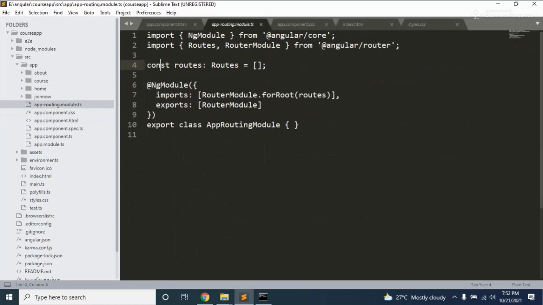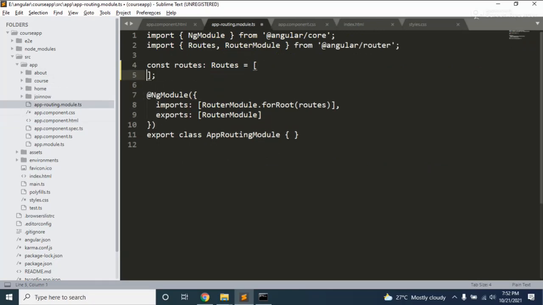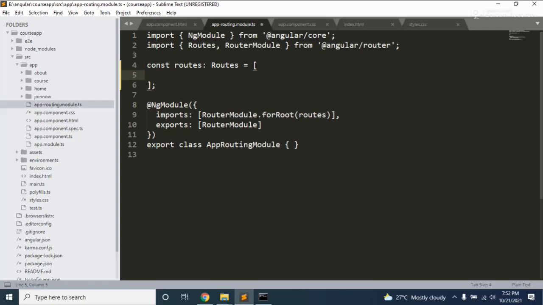You need to go in this index and just create the routing like this: define the path, and the simple colon, bracket with the component, home component.